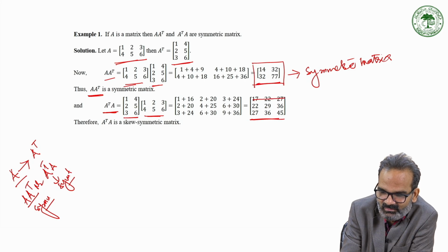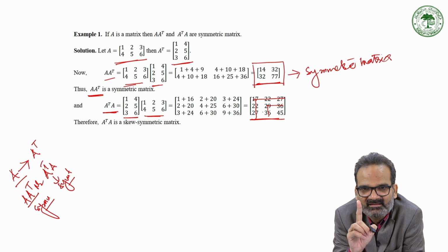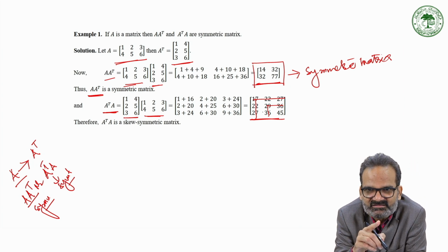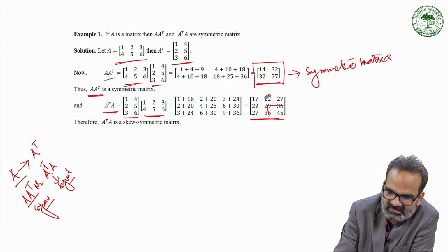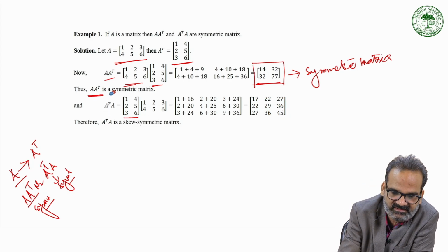17, 22, 27, the first row, 17, 22 and 27, the first column is the same. Clear? 29 and 36, 29 and 36. Clear? But you calculate its transpose and then see its transpose will be equal to the matrix itself. It will verify that the given matrix is